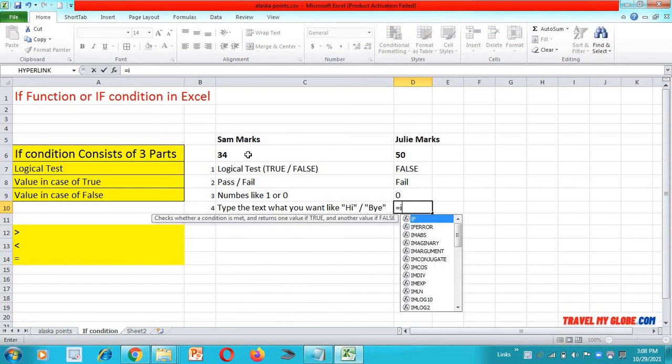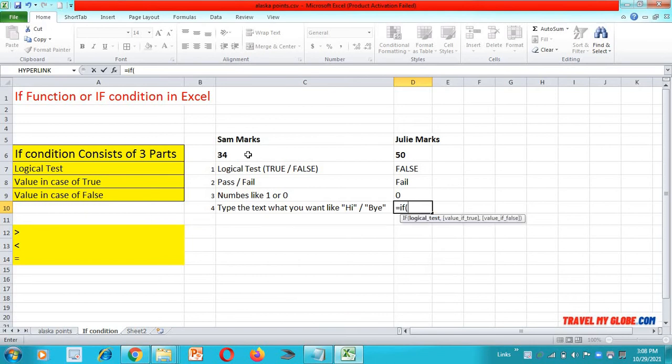Let's see how. Logical test again. I want to type hi, keep it in double quotes. Then put a comma. Now type bye. So this is how you can work with the IF condition.